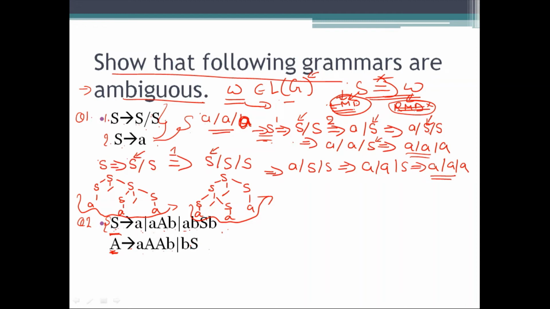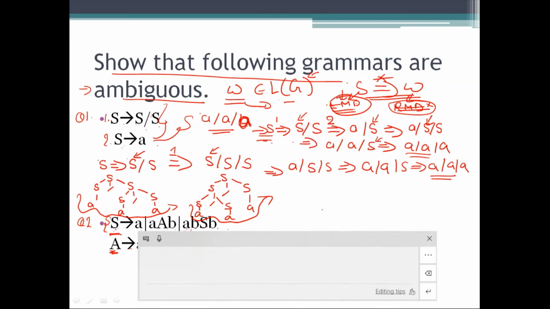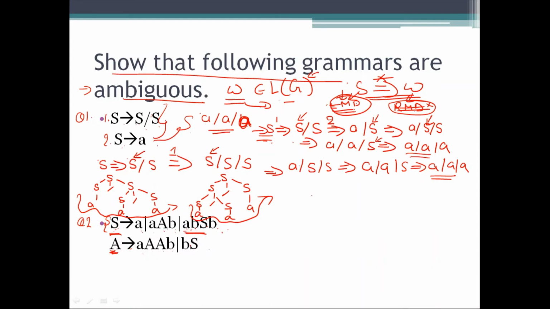So if we consider the smallest string, you can find here that ABSB is there. So we will be starting from here, that if we consider the string